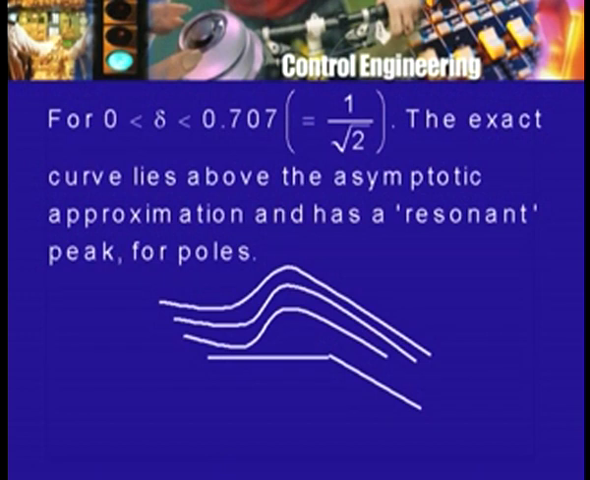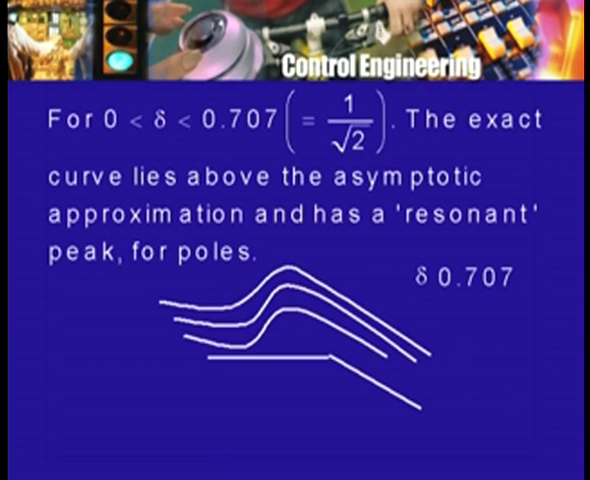Of course, you have to take 20 log to the base 10 of that. That is the dB gain versus frequency. What is its graph going to look like? It depends on the value of delta. For the value of delta less than 0.707, the curves lie above these two approximations. For delta greater than 0.707, they lie below, and for delta exactly equal to 0.707, you can find out what